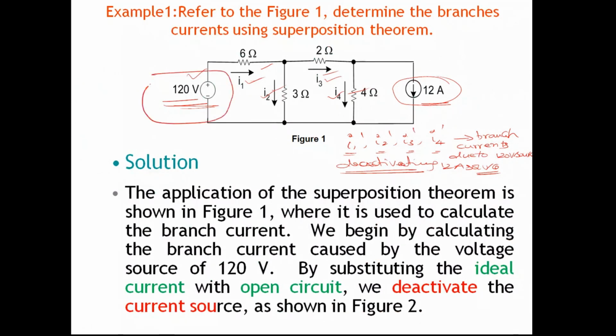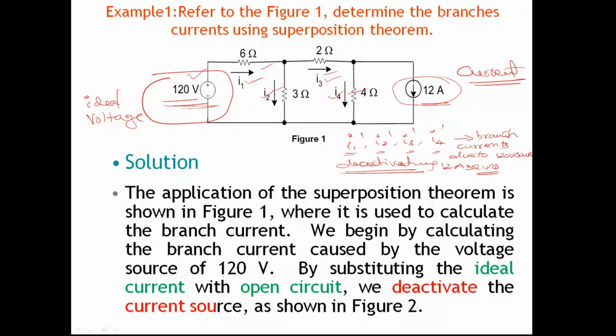See here, this is an ideal voltage source we have, and a current source we have. Initially, when I apply the superposition theorem, we start with calculating the currents